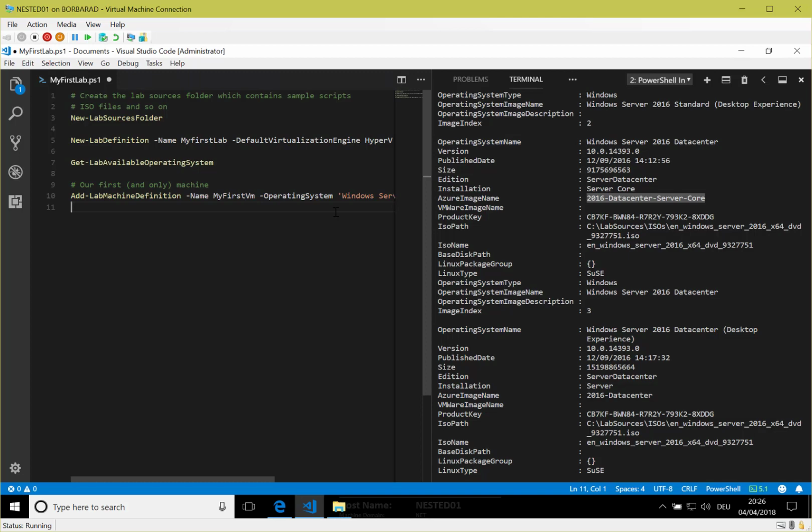There are a couple of more options available, which we'll explore later on. For example, you would be able to set the memory that your system might want to use. You can add some roles to it. For example, if your first virtual machine should be a domain controller, then just promote it to one. It's just like the flick of a switch. You would just say the role should be domain controller, and you're basically done. Now let's add this machine to our definitions.